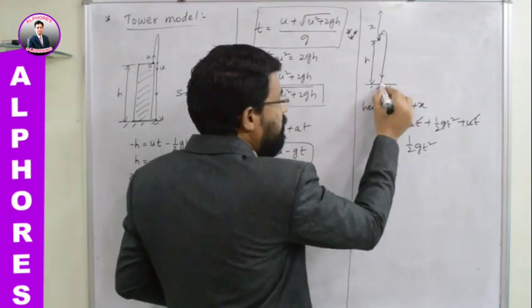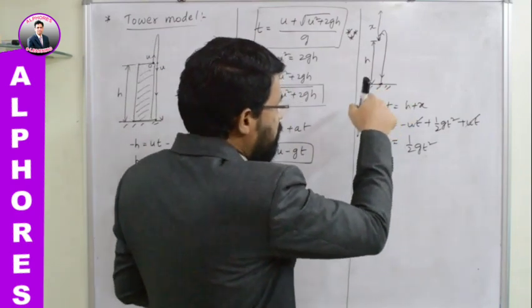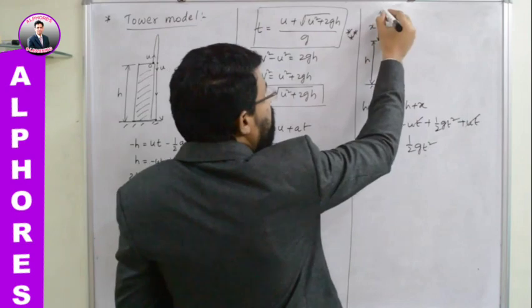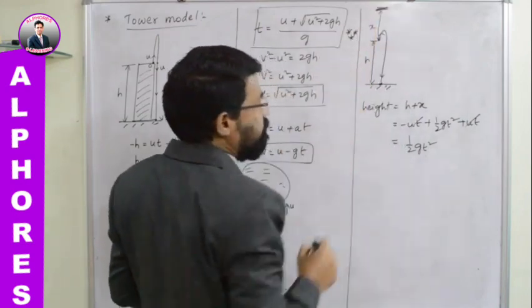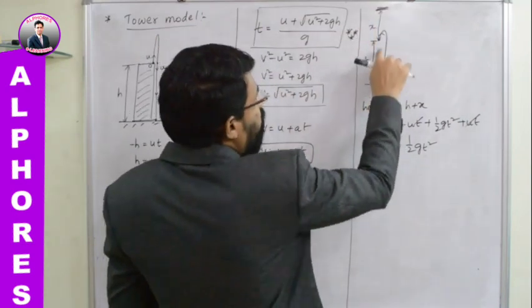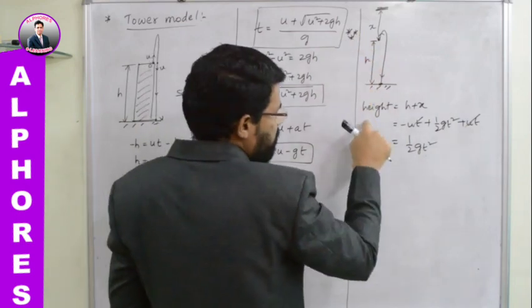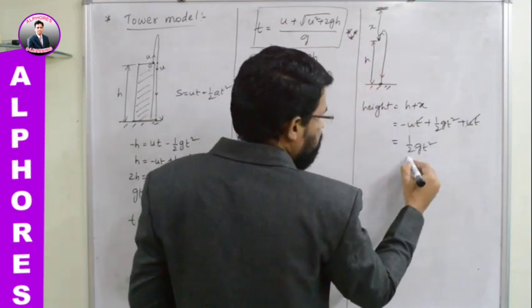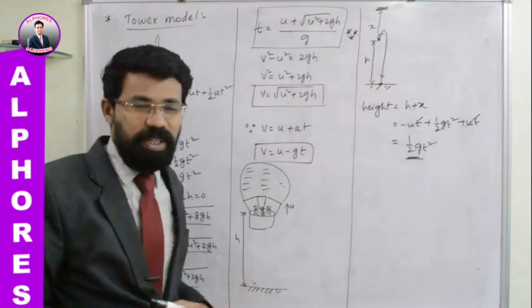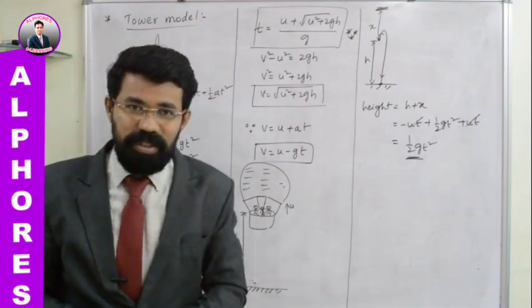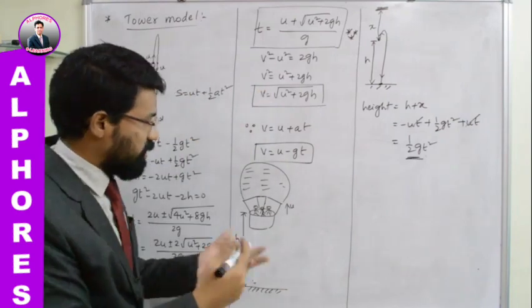So this is the separation between the coin and the hot air balloon. Coin is present here. It has reached the ground, and the hot air balloon is somewhere here. And what is the distance of separation between the coin and the hot air balloon? H plus x, and that h plus x is equal to half gt square. Okay, so these are certain key points connected with the hot air balloon. Let us try one problem.